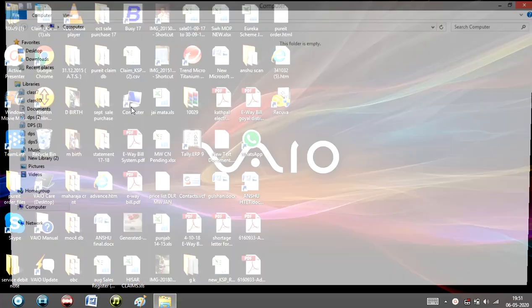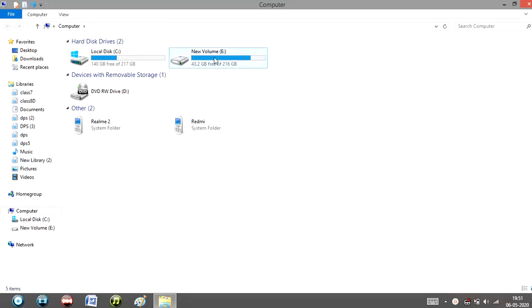Okay, I am clicking here at my computer icon and see, this my computer window has two parts, the left pane and the right pane. The left pane is visible here. You can see all the names of the libraries or folders or subfolders contained in the libraries or disk drives also.